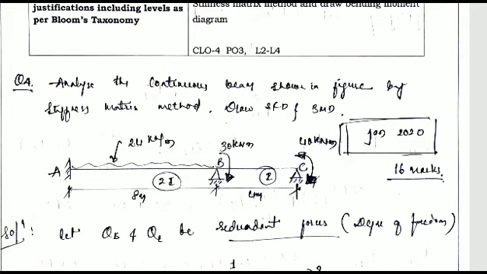We can see the diagram here. A continuous beam ABC is given, where A is fixed and the other two joints, B and C, are roller supports. There is a moment of 30 kilonewton-meters in a clockwise direction at joint B. In the same fashion, there is an anticlockwise moment of 40 kilonewton-meters at C. The first member AB is subjected to a UDL of 24 kilonewton per meter for the entire span. The span AB is 8 meters, while the span BC is 4 meters. The flexural rigidity for member AB is 2I, and that for BC is only I.